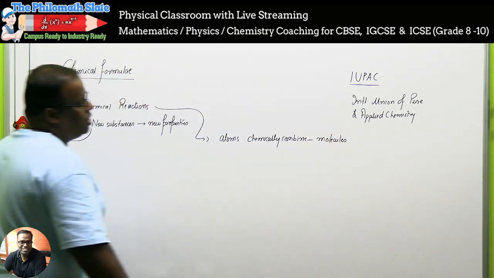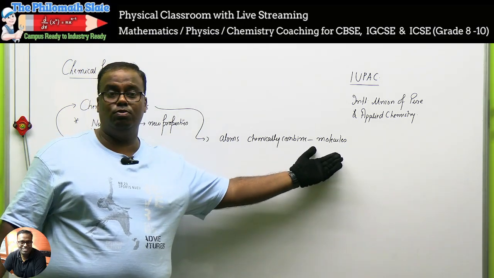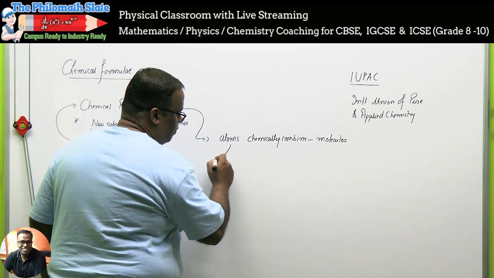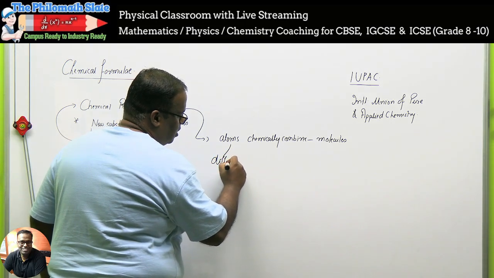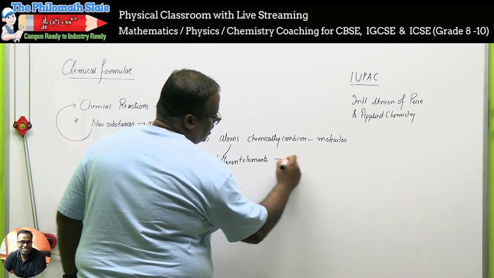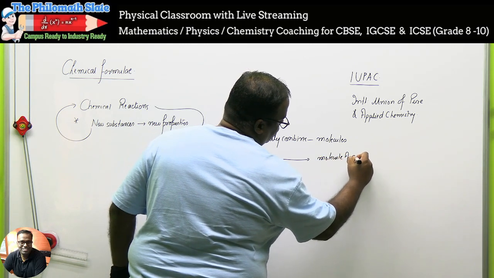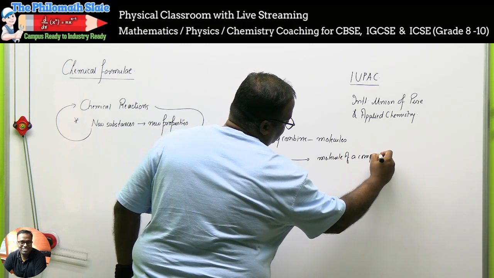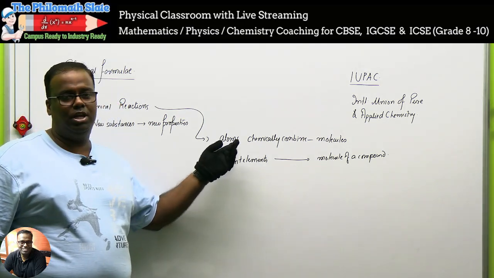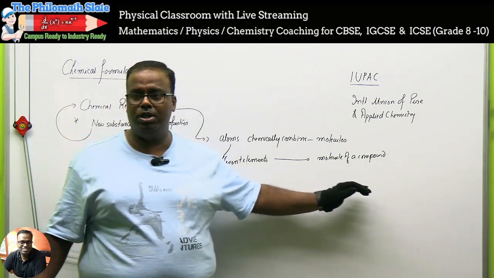Now at this stage, it can also be that an atom of oxygen combines with an atom of oxygen to give you a molecule of oxygen, but I'll go with something a little more complex. I'm trying to say atoms of different elements, right? They chemically combine to give you a molecule of a compound. So if you look at this statement, the most elemental form of an element would be an atom, and the most elemental form of a compound would be a molecule. So atoms chemically combine to form molecules.